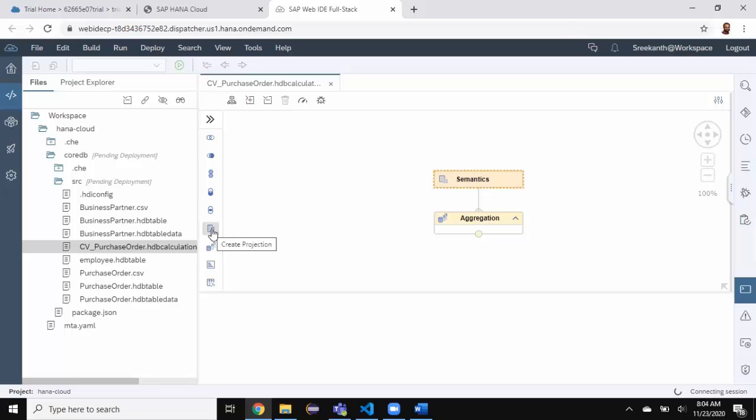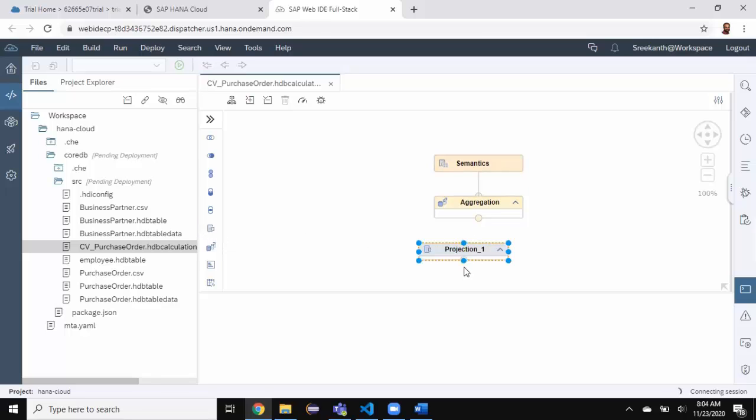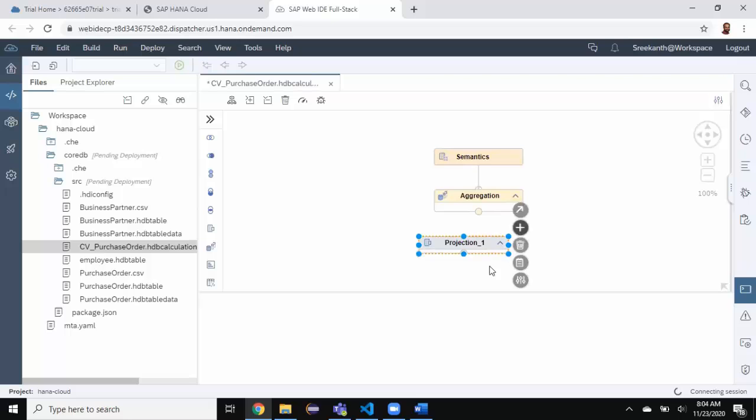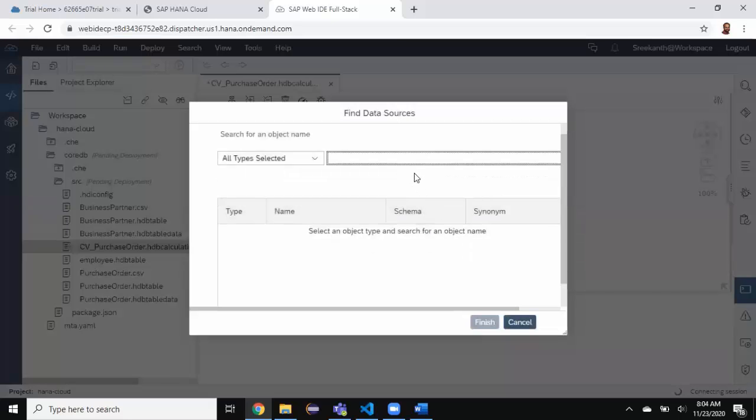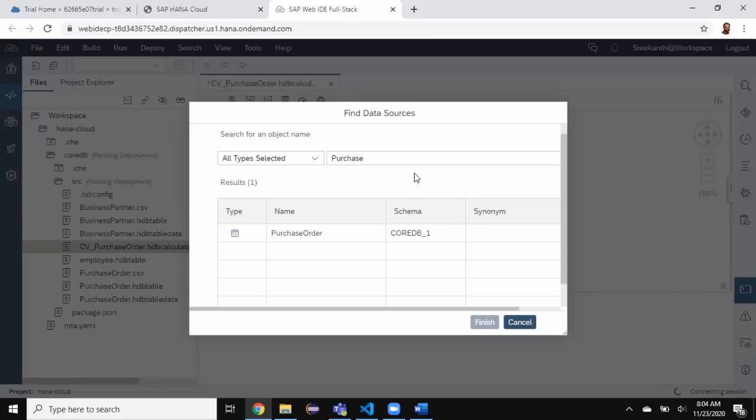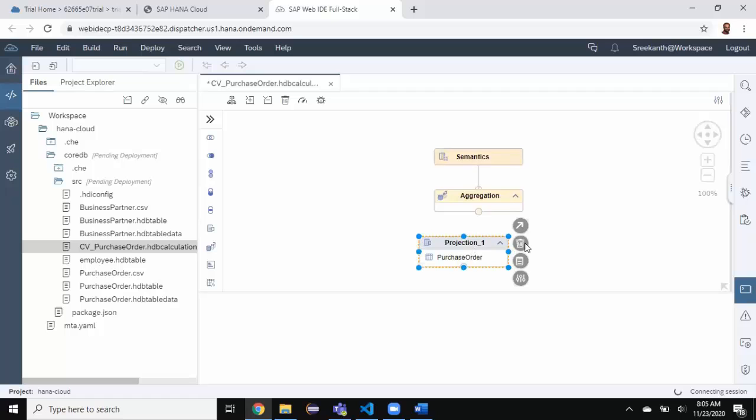So I'm going to grab a projection into my workspace of the calculation view. I can add a table here. So I'm going to add a table called purchase order, which is just created and built. So you're going to see the schema name as codedb_1. That is the HDI container schema there. Say finish. So I got the